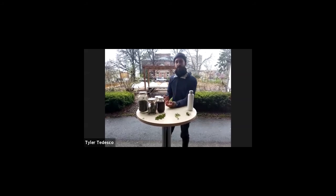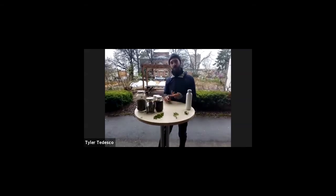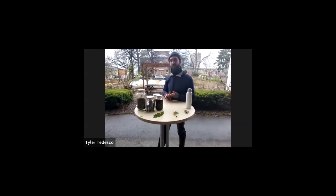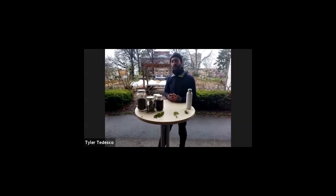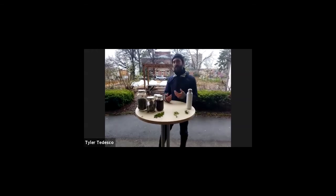I love to use raw honey because, again, raw honey has its own suite of medicinal qualities. But you can also use sugar, whatever else you have available. Some people also add other medicinal herbs or spices. Ginger or clove or cinnamon are common because those tend to also have qualities that are good for cold and flu symptoms. So whatever you might be using, you do want to cook whatever part of the plant you're working